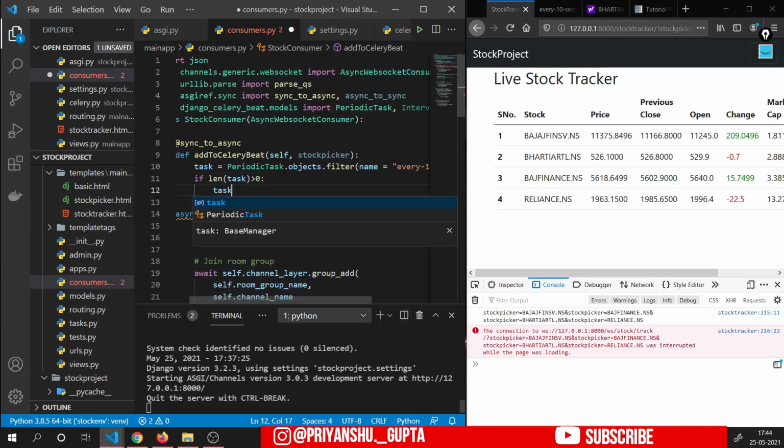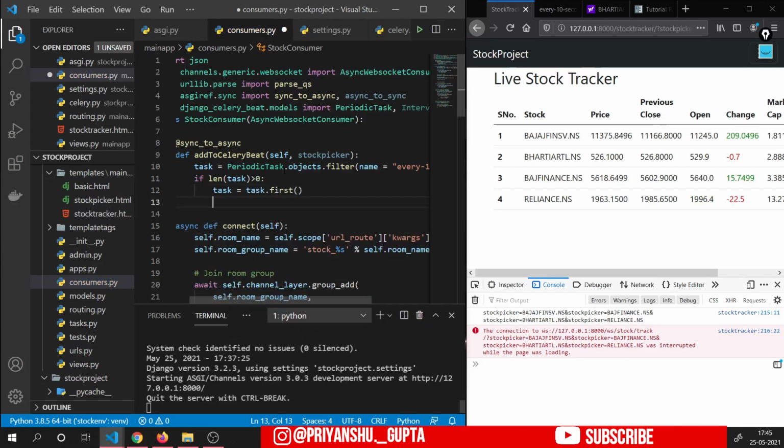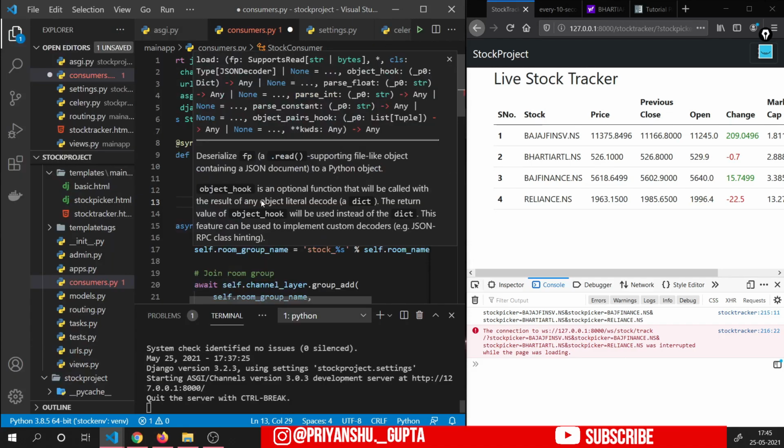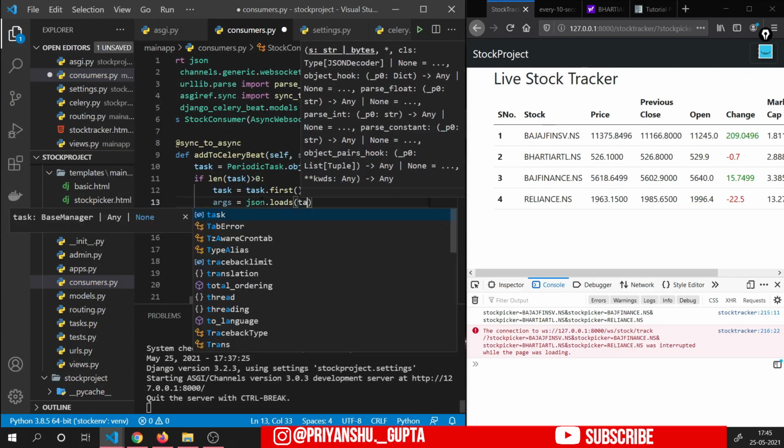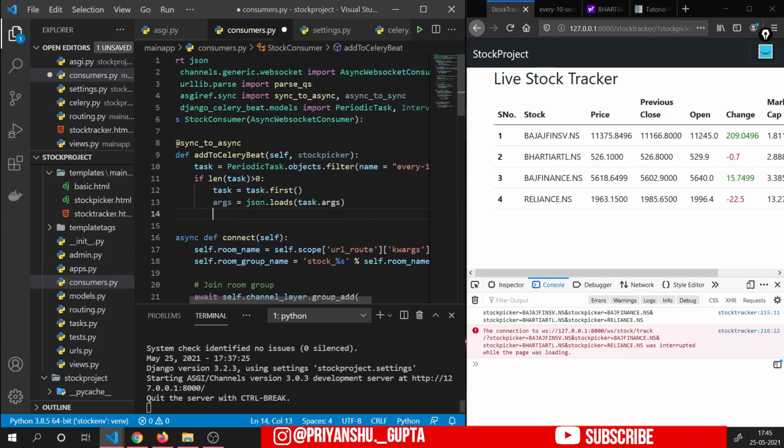Now we will do task dot first, args equals json dot loads task dot args.